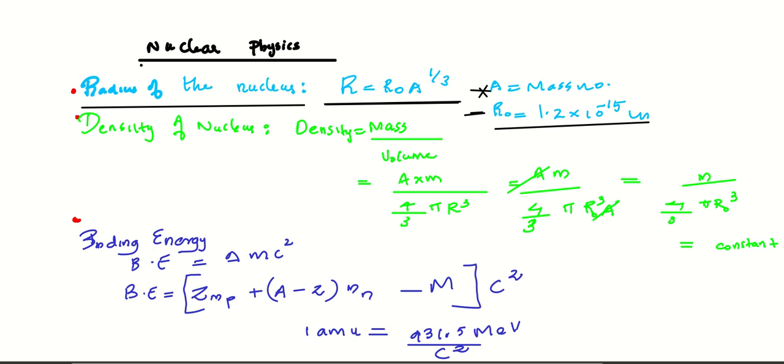Next point is density of nucleus. Density, we know that density is equal to mass by volume. So the mass, we know that atomic number into mass of protons. So that is denoted by m divided by 4 by 3 pi r cube. Okay, where